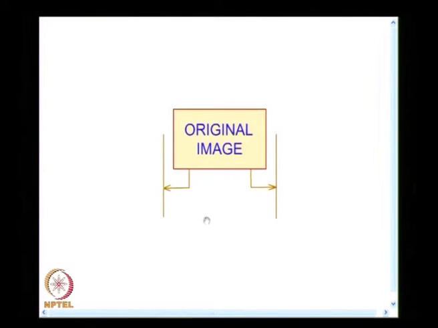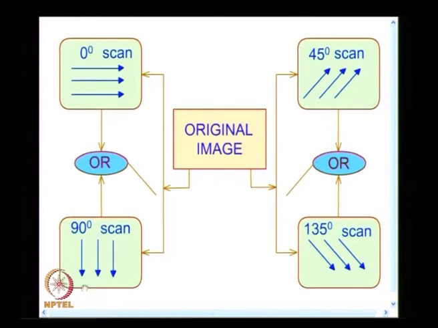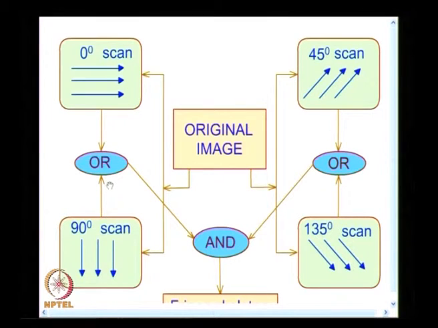Let us look at it. I will take the original image, have the edges identified, then scan it horizontally to get the skeleton image, scan it vertically to get the skeleton image, and process this by an OR operator. Make a sketch of this. You need to have this algorithm. The algorithm is very simple and straightforward, and I am doing a set of orthogonal scans only to appreciate that this scan helps.